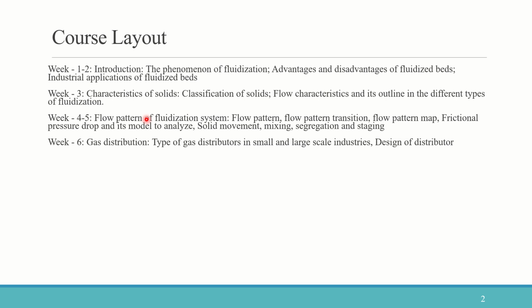And lastly, in week 6, it is about gas distributors. Gas distributors, again, are an important factor. We place them at the bottom of the bed, above which we place the solids. Depending on the distributor type, we have porous plate distributor, perforated plate distributor, tube type, and bubble cap type. So in laboratory scale and in industrial scale, we have different